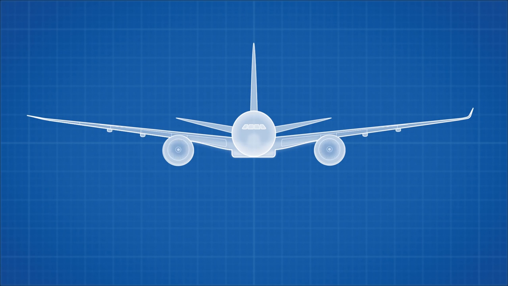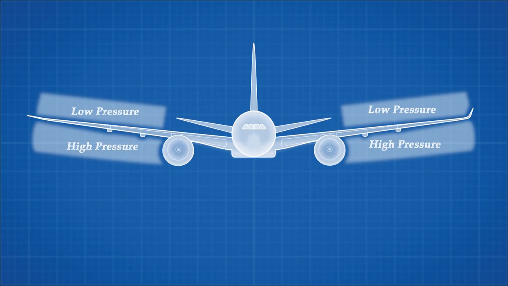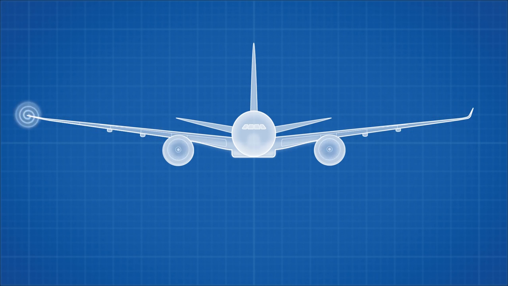As you probably know from watching my previous videos, planes fly by developing high pressure air under their wings and low pressure air above. Fluids will always flow from high pressure regions to low pressure regions, and this can cause some problems at the tips of the wing. High pressure air from below will bleed into the low pressure air above, creating mini tornadoes off the tips of the wing. This is called induced drag, and it decreases the lift of the wing and increases the fuel consumption of the plane. Winglets reduce this airflow by reducing the pressure gradient at the tips of the wings, thus making